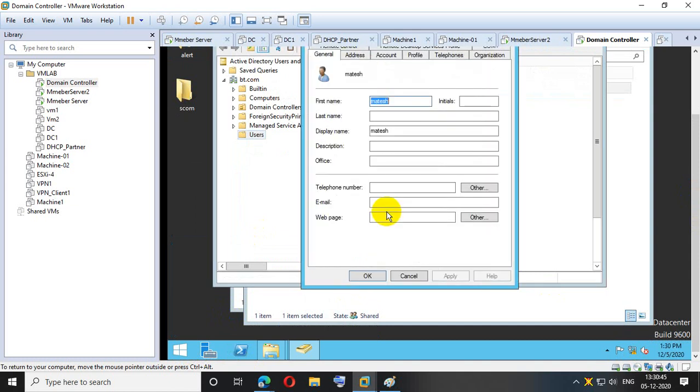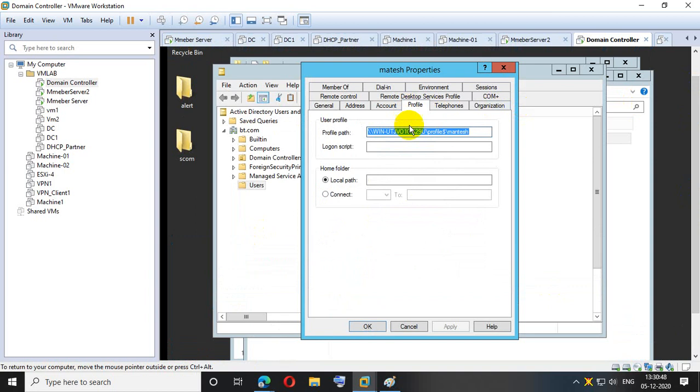Let's say Mantesh, go to the properties. If you go to the profiles, here I just provide the share path. That means a remote share, not a local share. Because if you provide the E drive, you will not understand which E drive. That is why it is \\server name or DC name or storage name, then profile, and then I have to create user percentage, username percentage. Then Mantesh or Ranga, whoever logs in, the profile will be stored under their name. There is a video available. Once you see it, you will understand how I can create it.